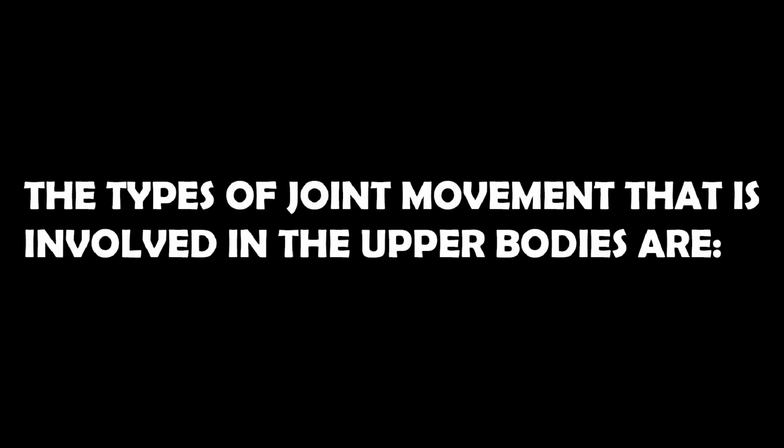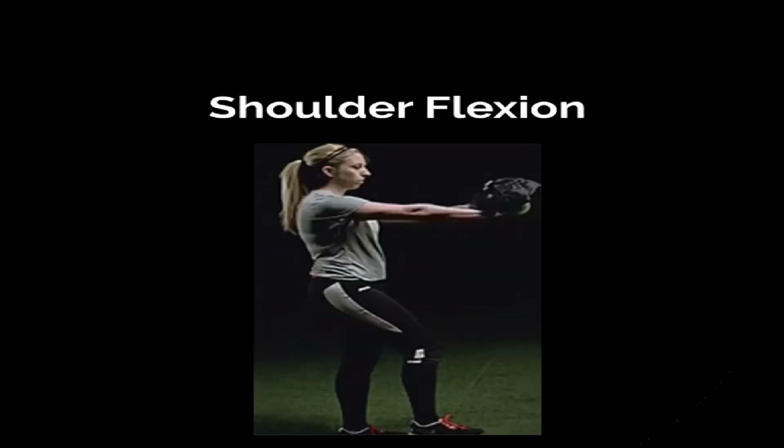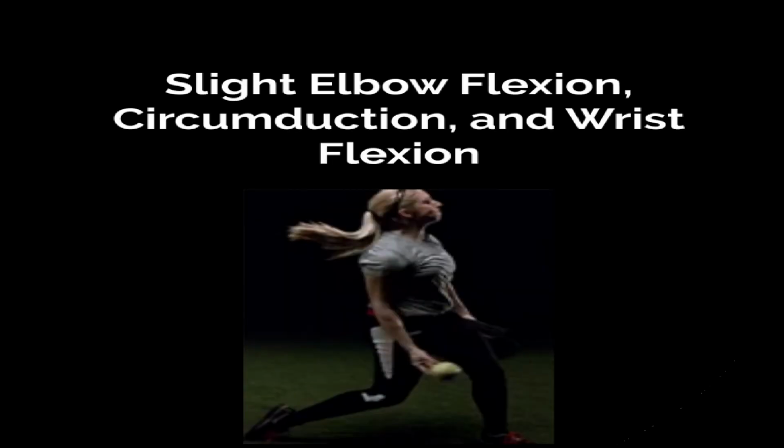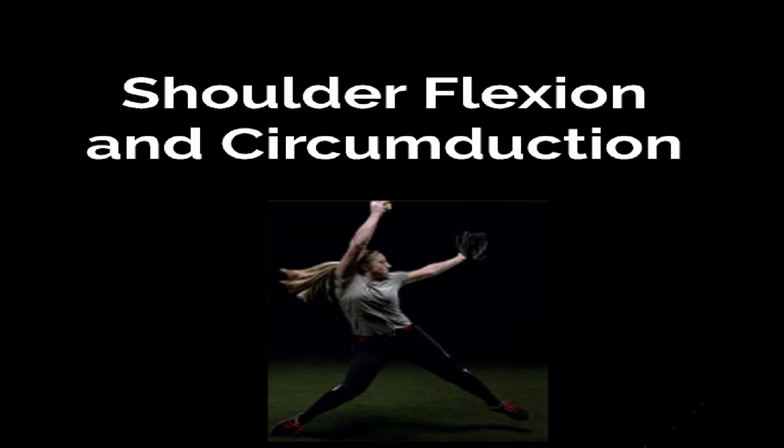The types of joint movement that are involved in the upper body are elbow flexion, wrist flexion and shoulder horizontal adduction, shoulder flexion, slight elbow flexion, circumduction, and wrist flexion, shoulder hyperextension and circumduction, shoulder flexion and circumduction,